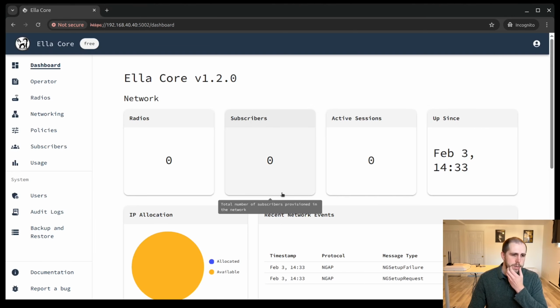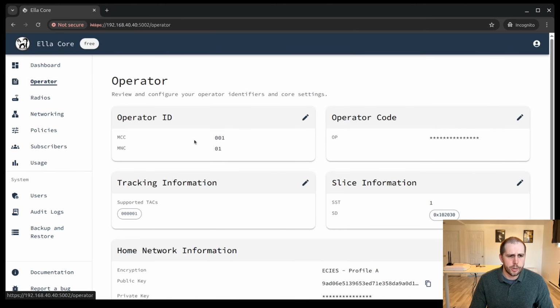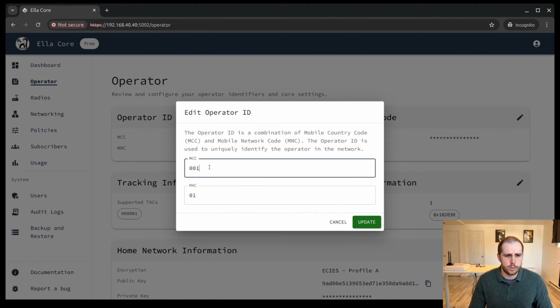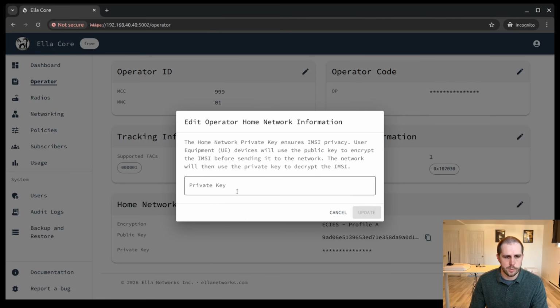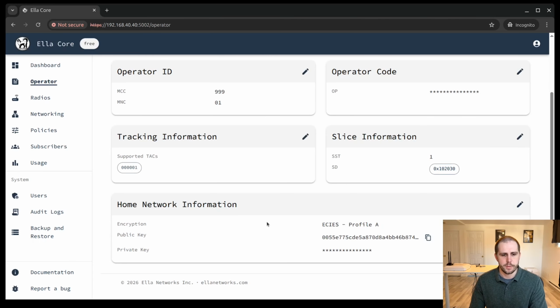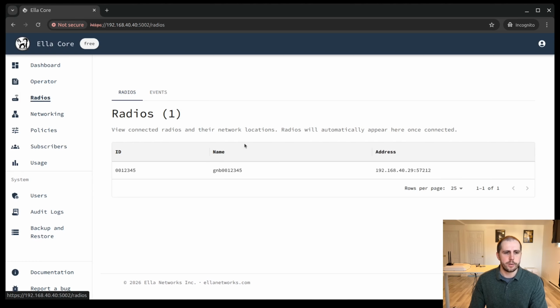Okay, there we go. So in operator, I'll change the operator ID to 99901. And I'll also change the home network interface information because I already have a SIM card that I already burned, and it is burned with this information that I'm pasting here. There we go. In radios, you will notice that the radio here is already connected.